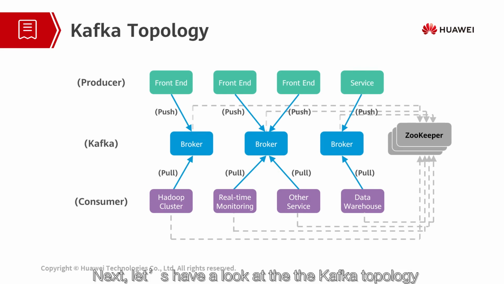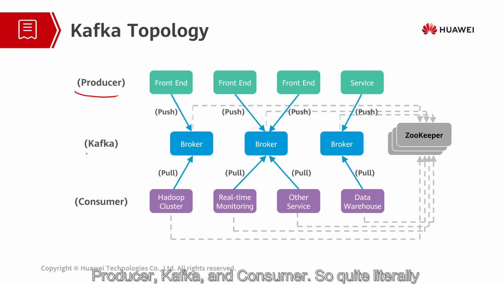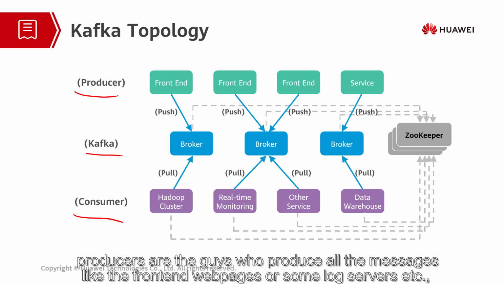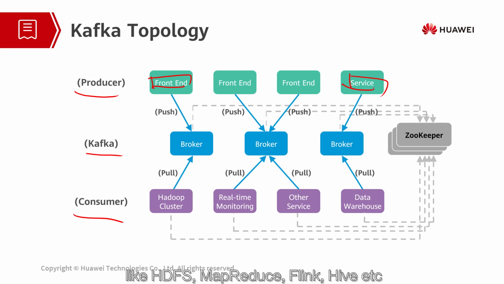Next, let's have a look at the Kafka topology. As we can see from the figure, there are three rows in this topology: producer, Kafka, and consumer. So quite literally, producers are the guys who produce all the messages, like the front-end web pages or some log services, etc. And consumers are those who require messages for further analysis or data persistence, like HDFS,